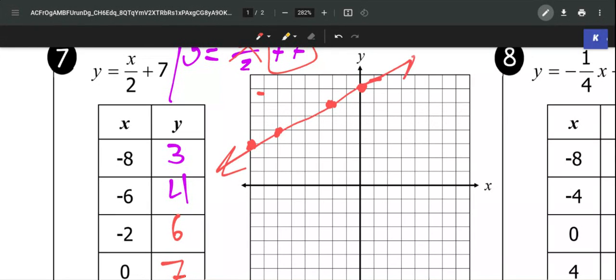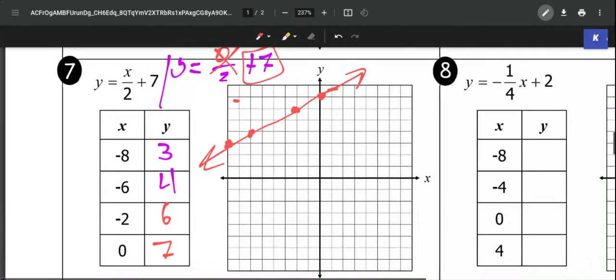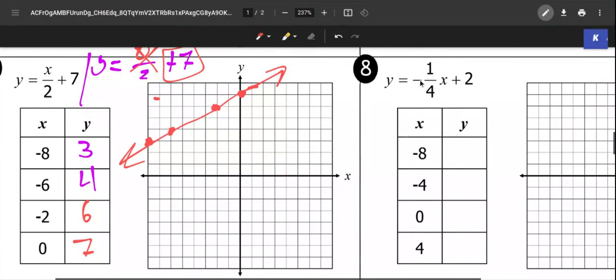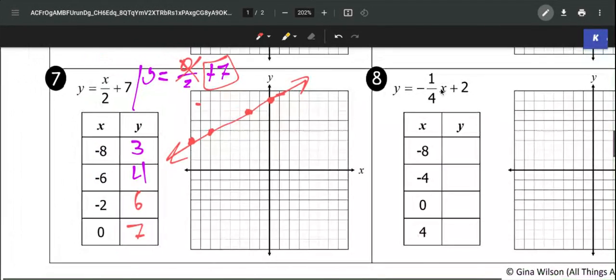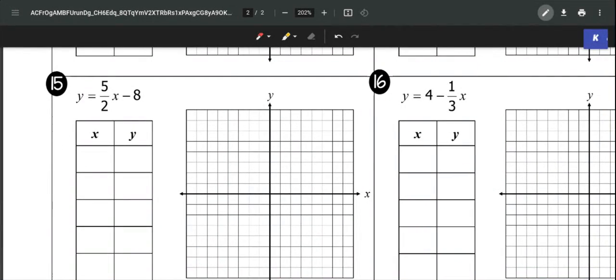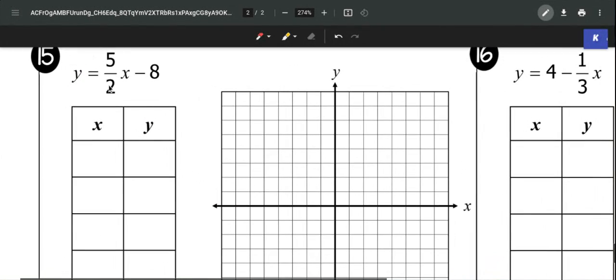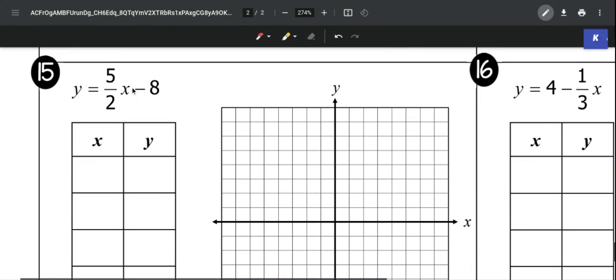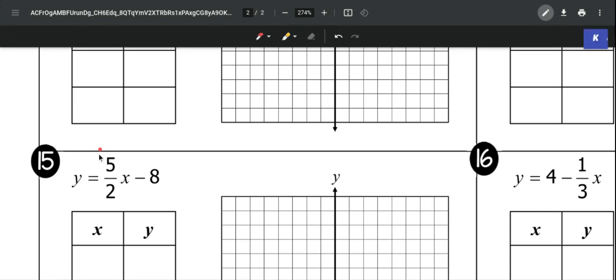And that is your straight line. So there's number 7. Don't get thrown off by the x over 2. You're just dividing. If you see number 8, don't get thrown off by negative 1 over 4. Remember that when you plug in your x value, you're multiplying by a fraction. So you can either divide across your diagonals or multiply your whole number to the top and divide by the denominator. So the last one we'll do is 15, just because I know this 5 over 2 will make you freak out. But once again, when we plug in our x values here, all we really care about is